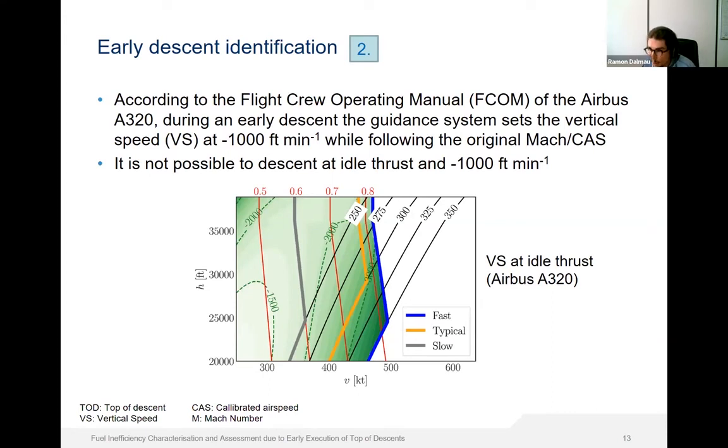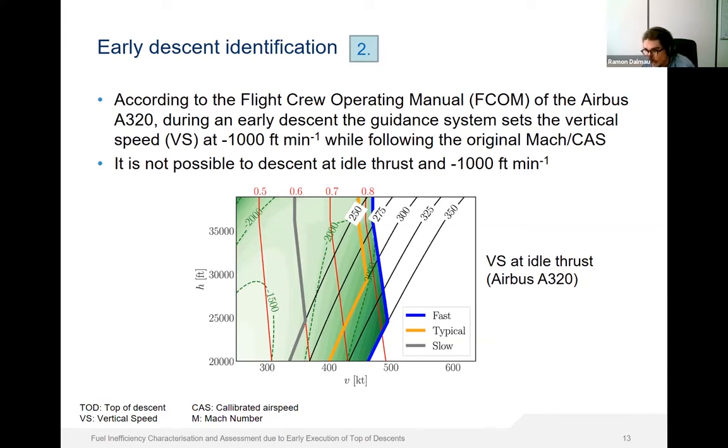But in real life, we don't know if an observed trajectory from surveillance data is performing an early descent, because we don't know the optimal top of descent of the trajectory plan. However, we will show that it is possible to identify early descents just by knowing that they are executed at 1,000 feet per minute, according to the flight crew operating manual, until the interception altitude, where the trajectory plan is